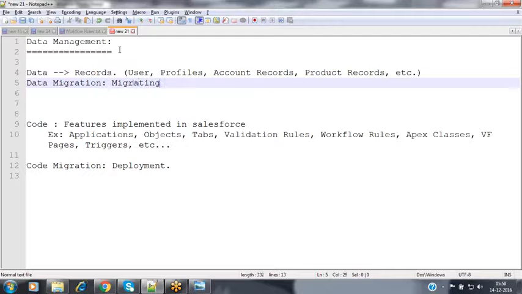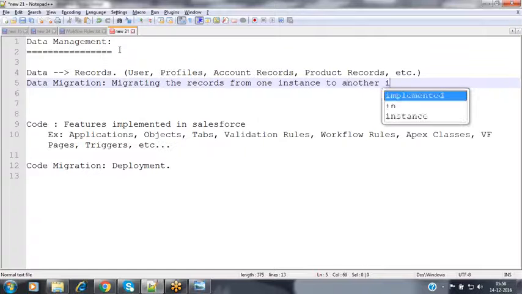Migrating the data, moving the data from one instance to another instance, migrating the records from one instance to another instance. Migrating means moving the records, inserting the records, dumping the records here. Not only one record, multiple records as well.